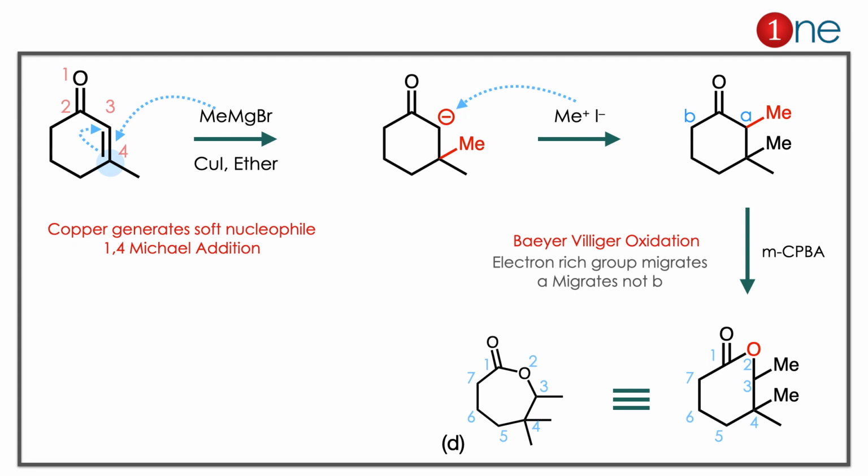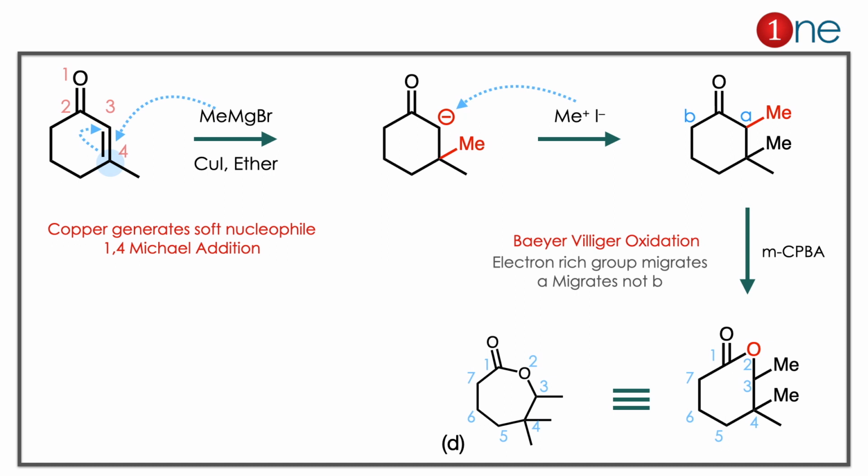Next step, you are using methyl iodide. Methyl iodide, Me plus, attacks the anion. You have further methylation. Then you are using meta-chloroperbenzoic acid. But the ketone is there, peracid is there, so you might think of Baeyer-Villiger oxidation. It's just an oxidation reaction with insertion in the ring. Which group will migrate, whether A group migrates or B group migrates? Normally the electron-rich group migrates here. So the A side is with methyl, so it will be richer, it will migrate. So the oxygen is inserted between them. If you redraw nicely, you have the answer D.